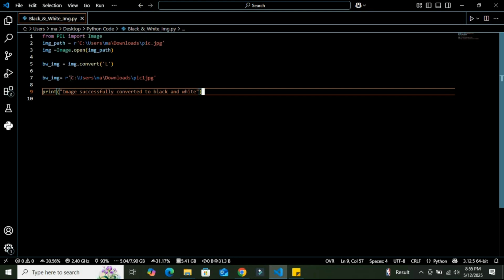And finally we print a success message to confirm that the image has been processed and saved correctly.